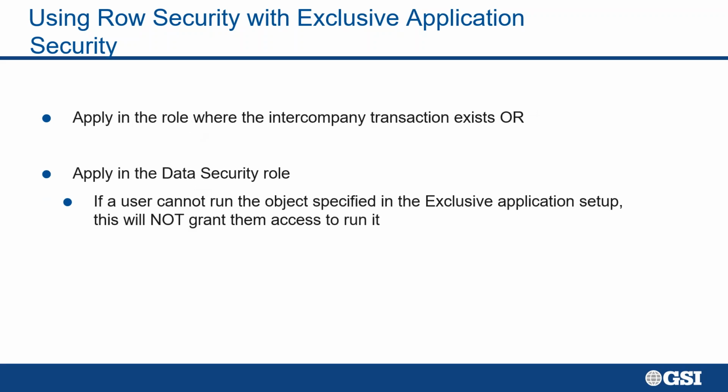So I touched on where you should apply the exclusive app security for your intercompany transaction. It would be best to apply it at the role, either the role that has the process or the role that has the data security, the row security role. And here's why we say to put it at the row security role, and that's okay, is because the